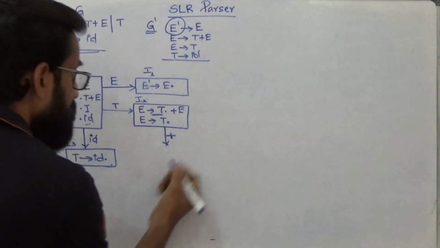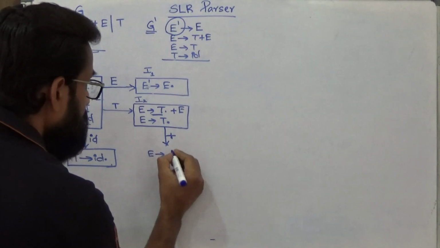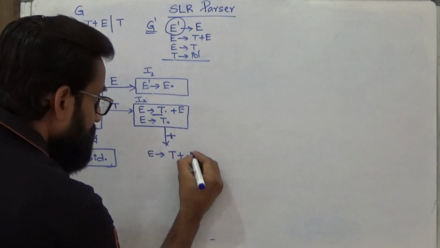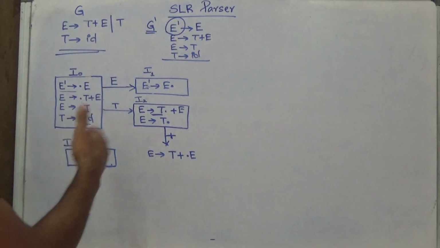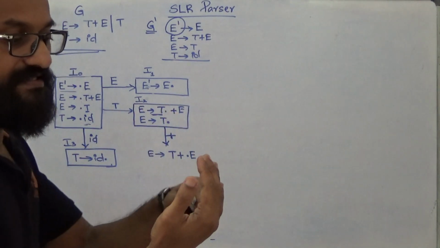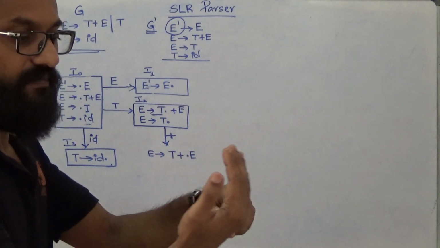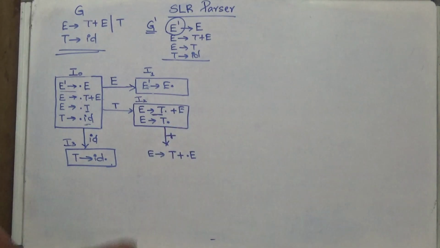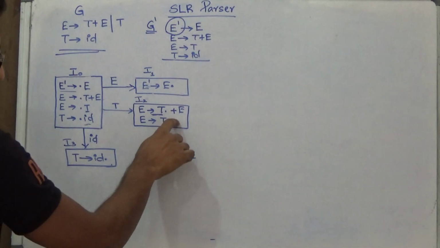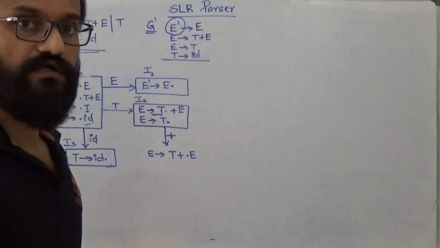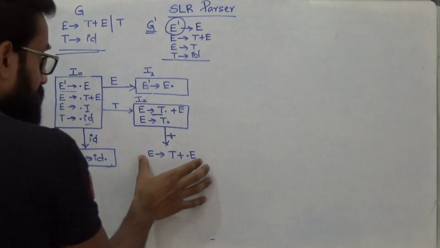If I apply plus, what will be the effect? What will be the initial item obtained? You will be getting E giving T plus dot E. Whenever the parser sees plus, the remaining string is dot E, which indicates that the parser has seen a string derivable from T. Whenever the parser sees plus in addition to T, the parser is expected to see a string that is derivable from E. So the new item obtained is E giving T plus dot E. In this set you cannot identify any other item whose right hand side contains dot followed by plus. So this is the only item that can be added to the new item set.